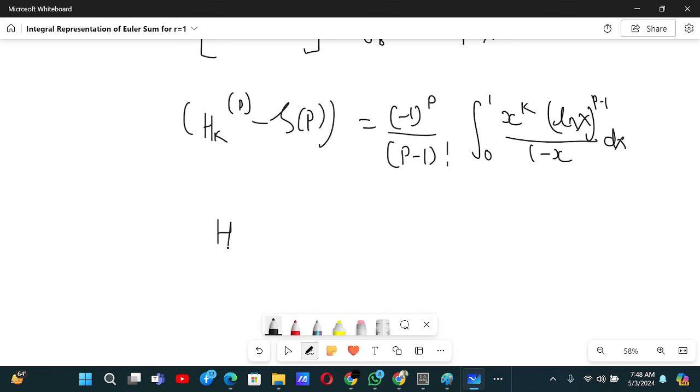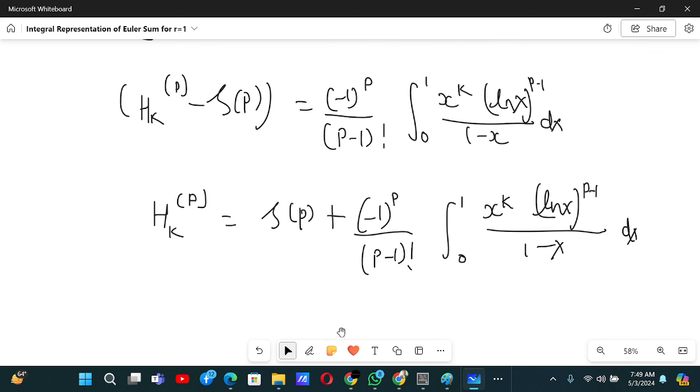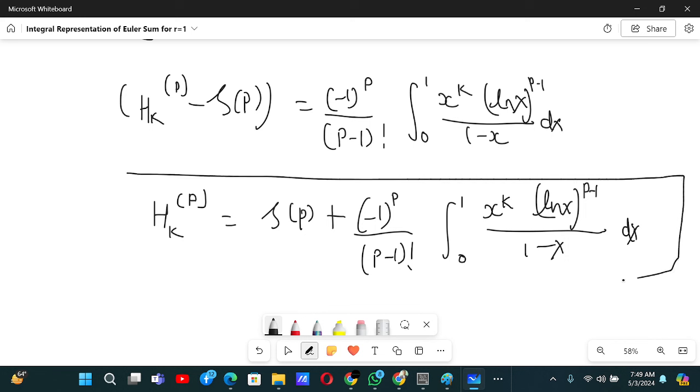That gives us H_k to the power p is basically Riemann zeta of p plus minus 1 to the power p by p minus 1 factorial, and then the integral from 0 to 1 of x to the power k, ln of x to the power p minus 1, by 1 minus x, dx. Now this is basically the integral representation for the kth harmonic number of order p,